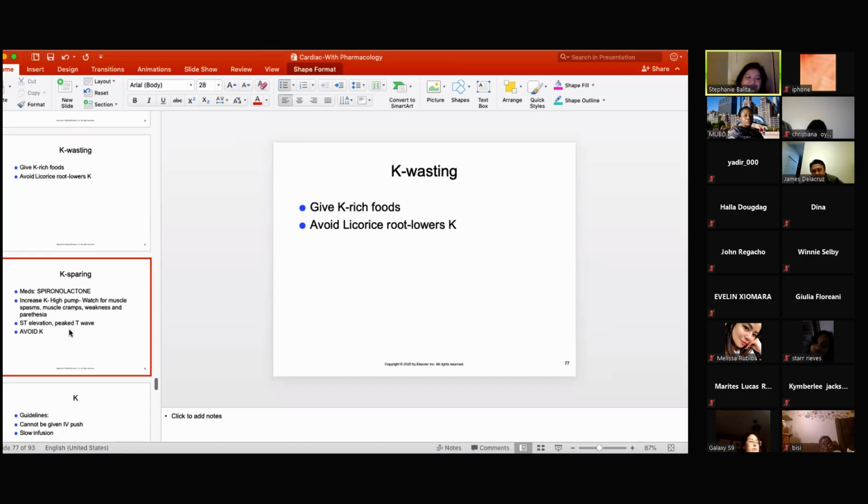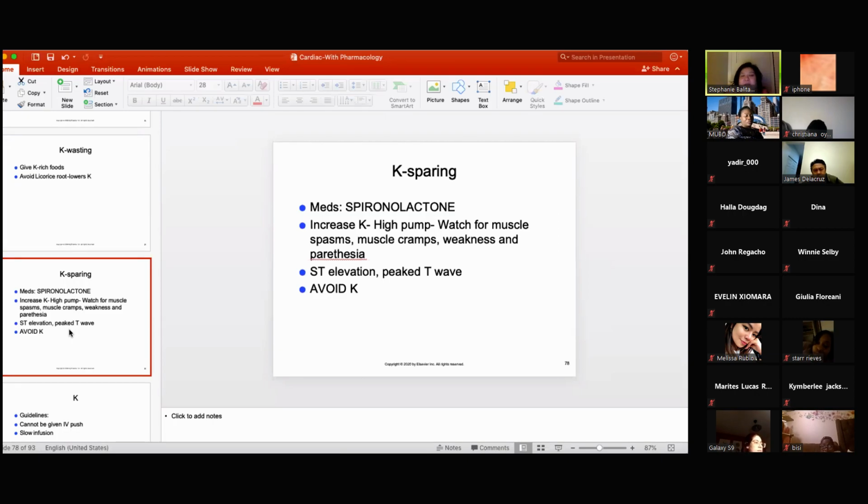Now, you have your potassium sparing diuretics. These are the medications, the diuretics, that do not get rid of potassium. Potassium sparing and potassium wasting. A potassium sparing diuretic is